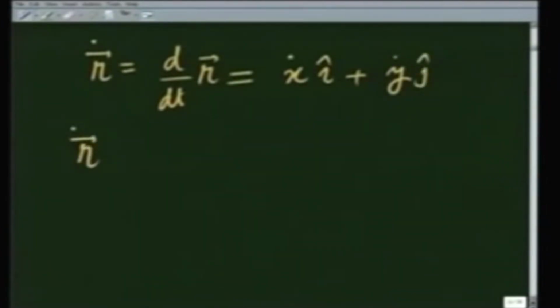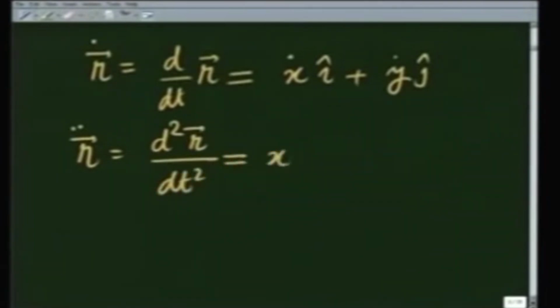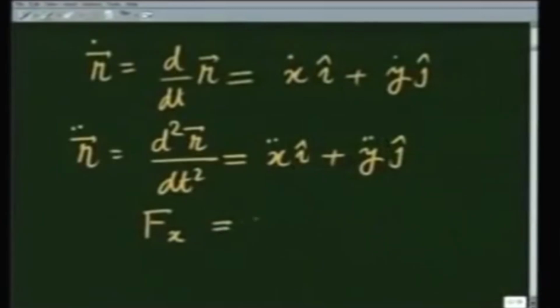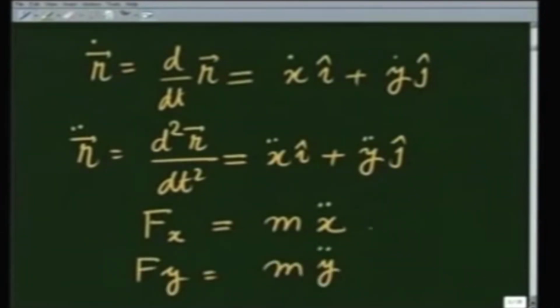Similarly, the acceleration r double dot is given as d2 r over dt square, which is equal to x double dot i plus y double dot j, and Newton's second law then takes the form that I equate the components along each direction with respective forces, so that F x becomes equal to m x double dot, F y becomes equal to m y double dot,